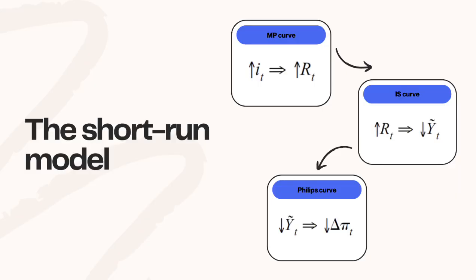This slide now shows how the short-run model works. When the central bank raises the policy rate, which is the nominal interest rate, the real interest rate increases, reducing spending. Higher real interest rates then reduce consumption and investment, which lowers the output gap. When output is below potential, the change in inflation decreases, reducing price pressure. In short, increasing interest rates lowers output and then lowers inflation, while lowering interest rates increases output and then produces higher inflation. This framework explains the different policy outcomes in the US and China.